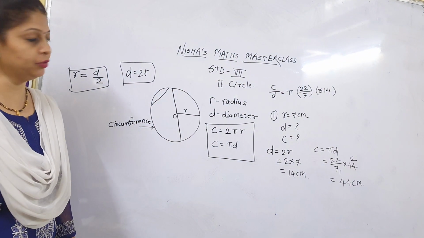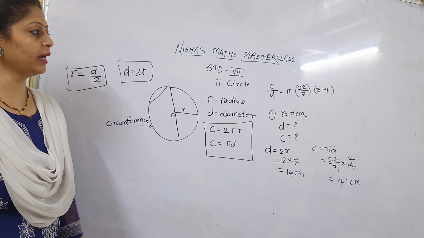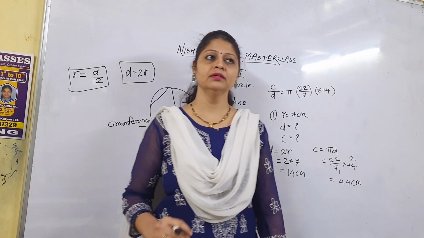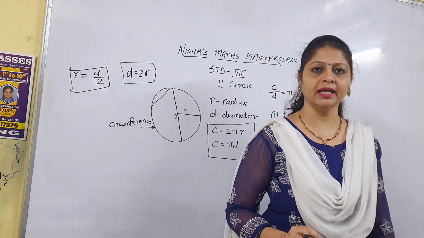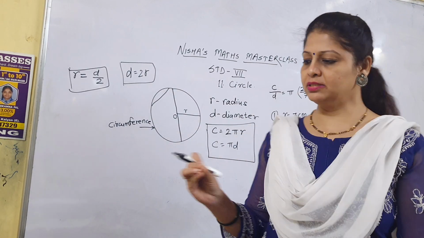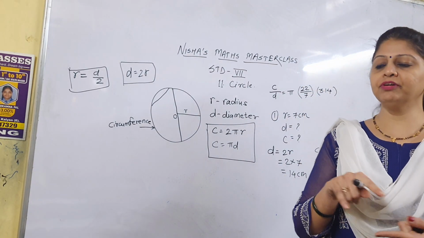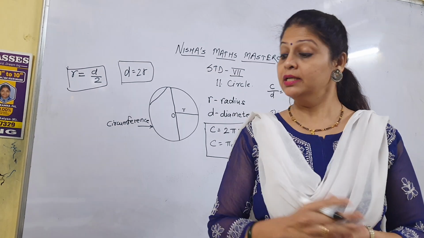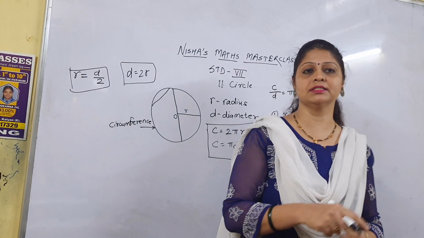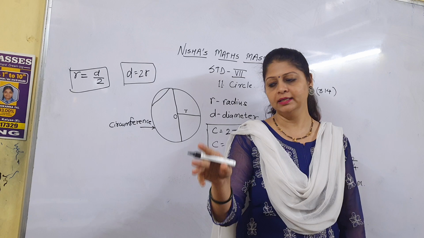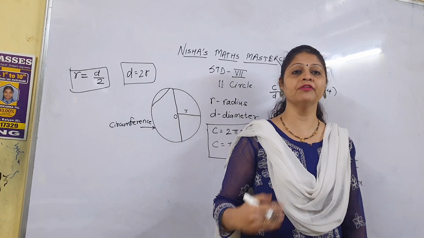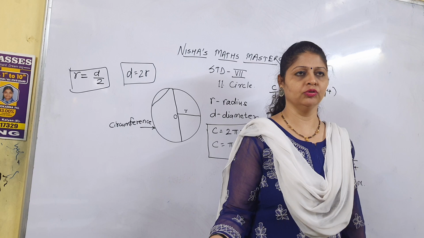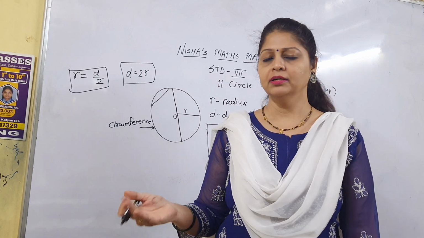These questions are from practice set 42. Understood everyone? See children, simple and easy formulas and simple information. Sometimes in the table they give diameter, and you have to find out radius and circumference. Sometimes they give circumference and you have to find out radius and diameter. In question numbers 3rd and 4th, they give circumference and you have to find radius and diameter. Simple and easy children.